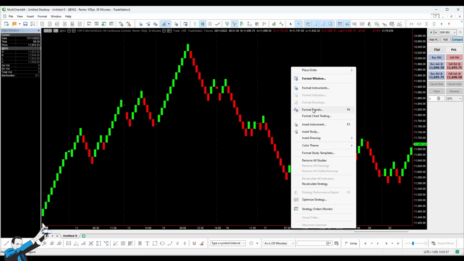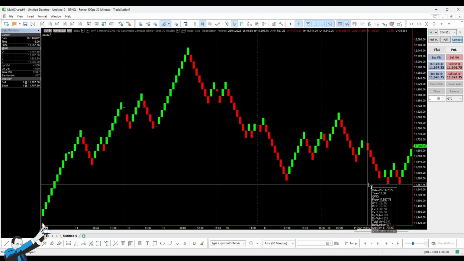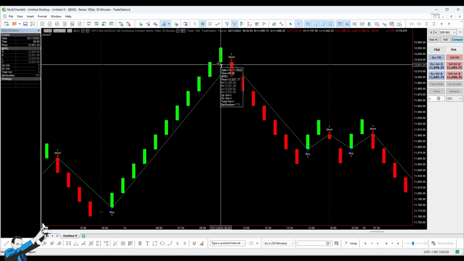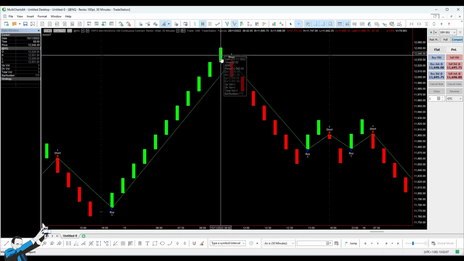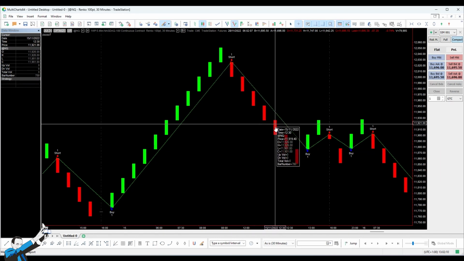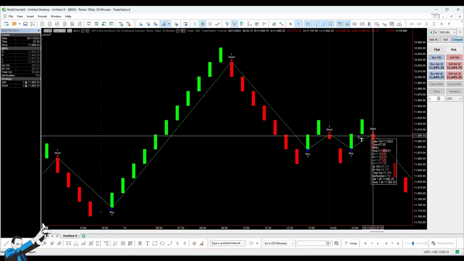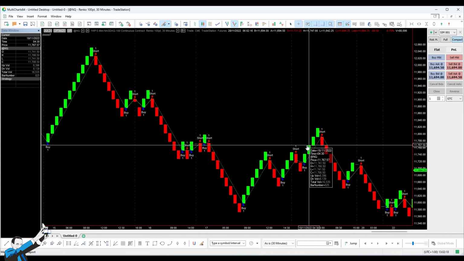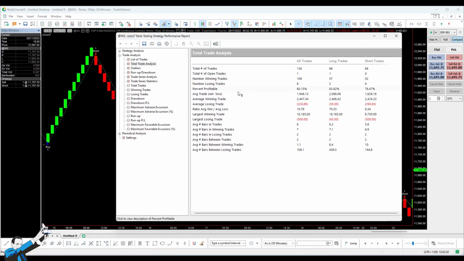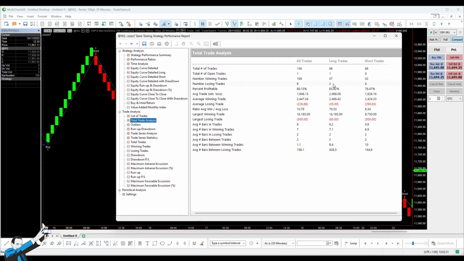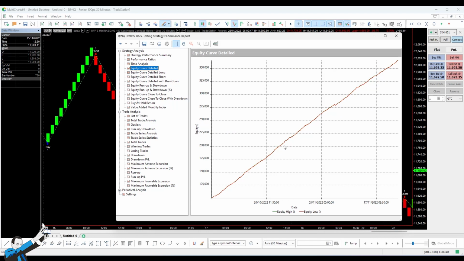So let's go and activate the strategy. Okay. Now you can see that after a run-up, we'll go short at the previous bar's low. So this one here. And then we'll go long at the previous bar's high. And then, like this, short, long, short. There's our trading system. Let's go take a look at the performance. We'll go straight to the equity line, and we get this. And we'll get basically only positive trades. There are only 2 losing trades on the long side and 6 losing trades on the short side.